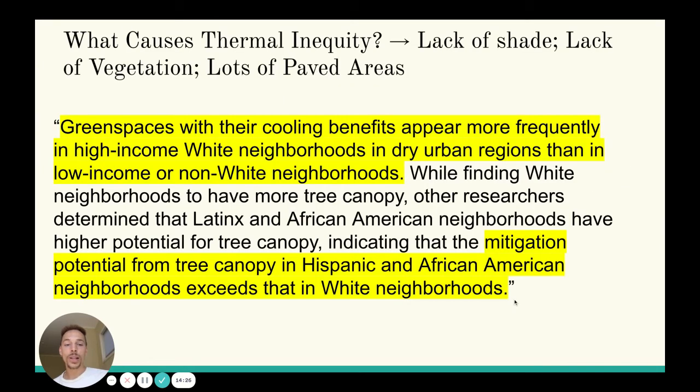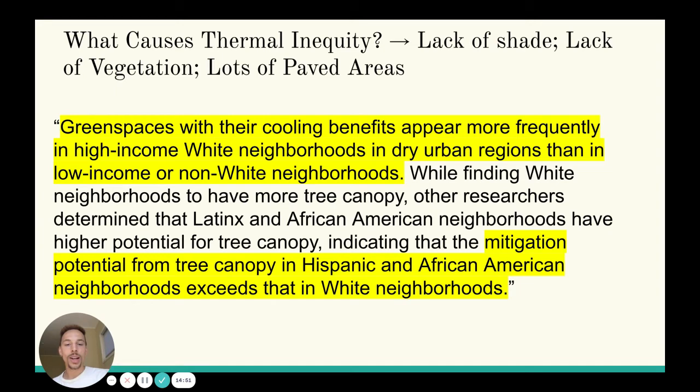Yeah, so some of the causes, if you remember from the graphic before from the Canadian researchers about the urban heat island effect, there are some things that they mentioned there, but just to reiterate: lack of shade, lack of vegetation, and lots of paved areas are some of the main things. So green spaces with the cooling benefits appear far more frequently in high-income white neighborhoods in dry urban regions than in low-income or non-white